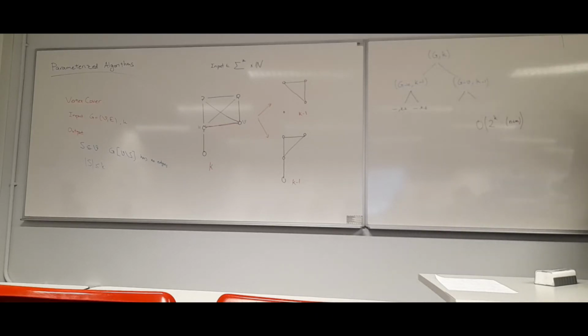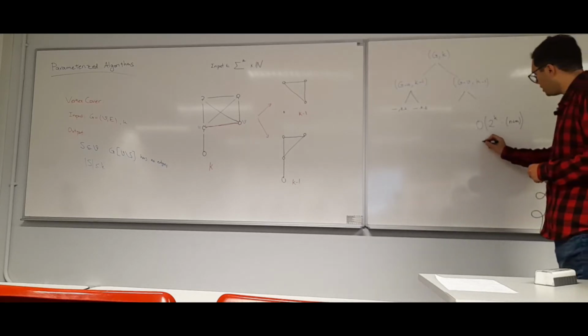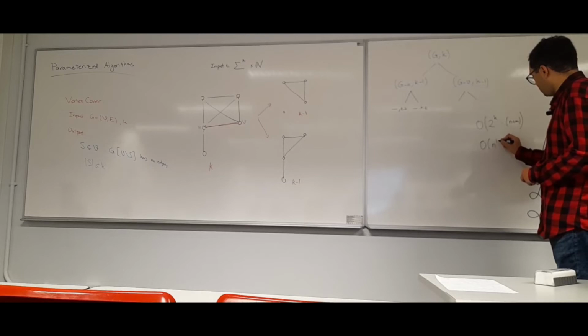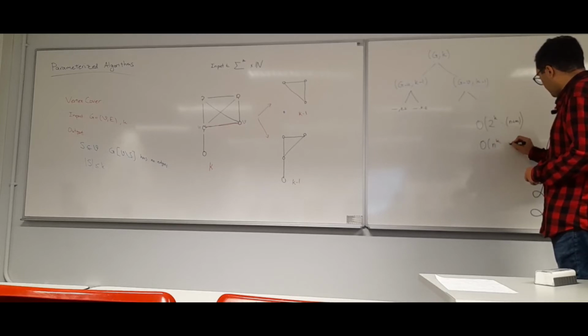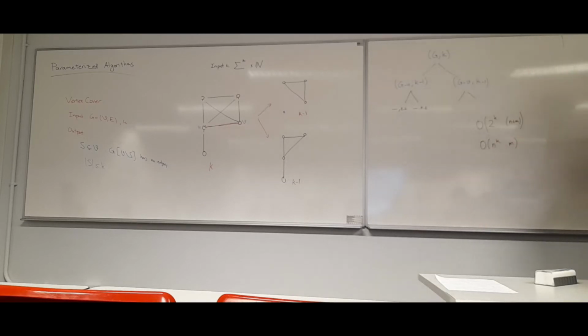Now, this is much better than the previous runtime that we had. So remember, our previous runtime was n to the power of k times n. Now, you see here the dependence on k was in the degree of the polynomial. But now with this recursive algorithm, I have a linear time algorithm anyway, and the dependence on k is just